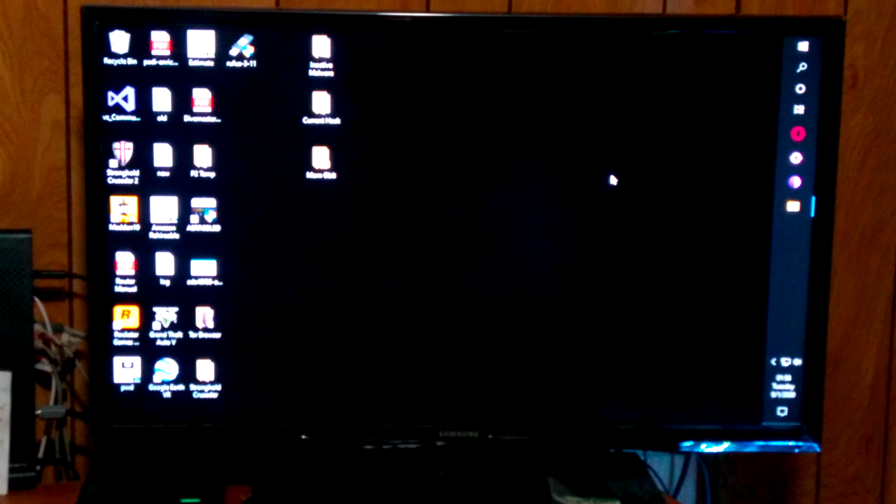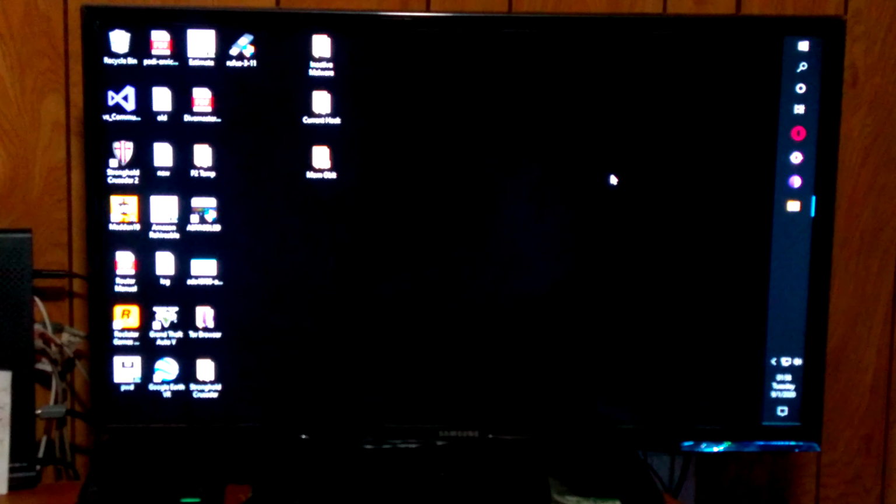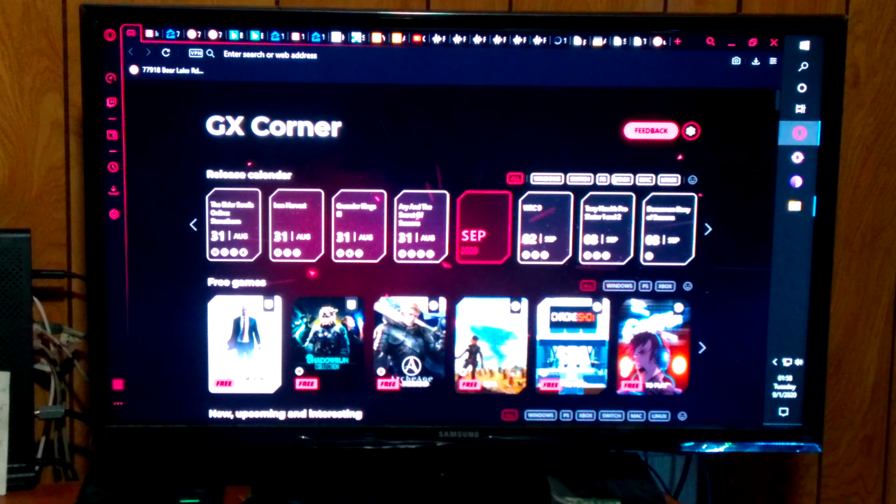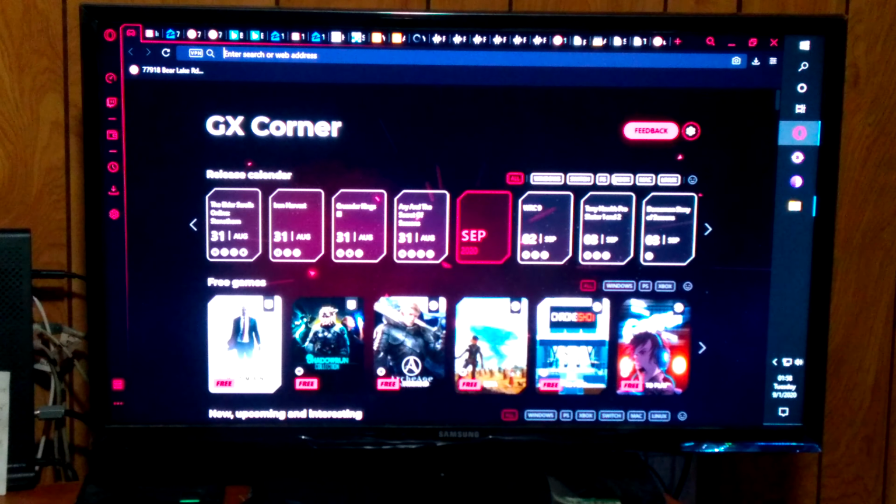So the first thing you're going to want to do is go ahead and download the Windows 10 Media Creation Tool. To do this, you just open your web browser. In my case, it's Opera. Yes, I know I have a lot of tabs open. So I'm going to search for